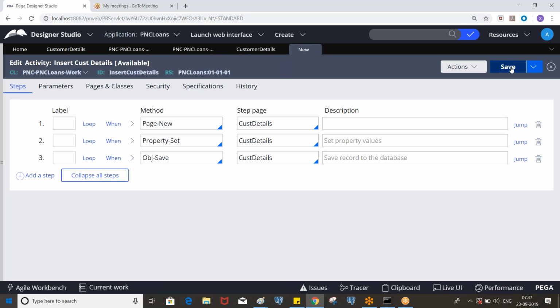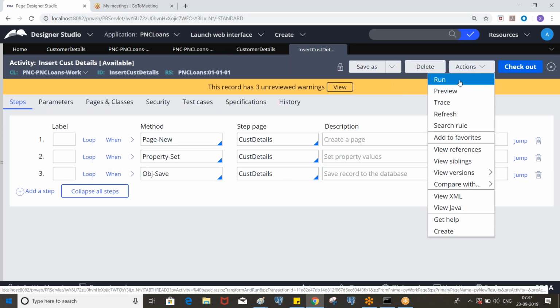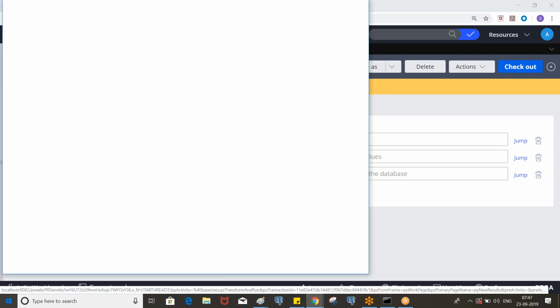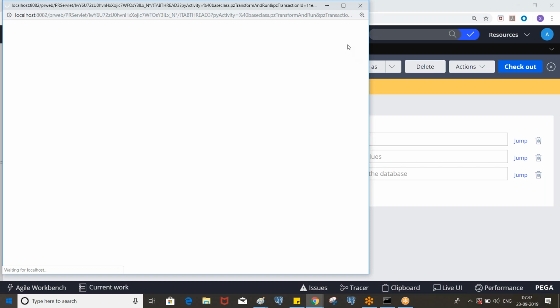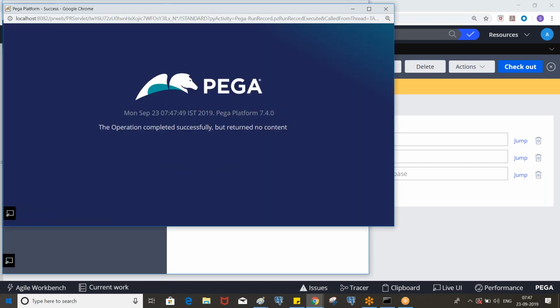So now, how to execute this activity is, go to the actions and run it. Click on run. So the operation completed successfully, right?